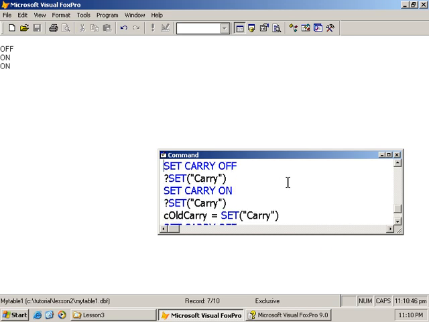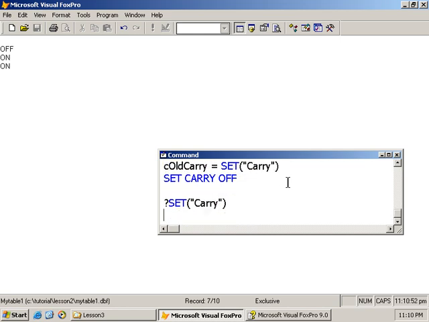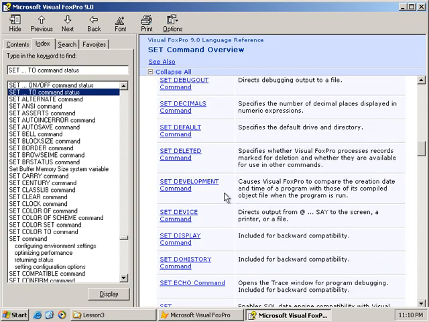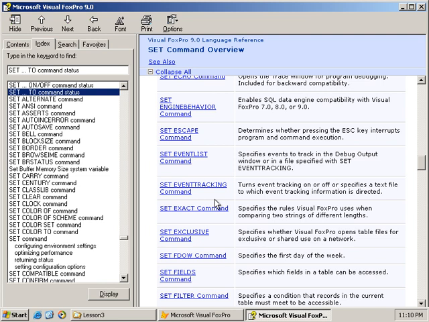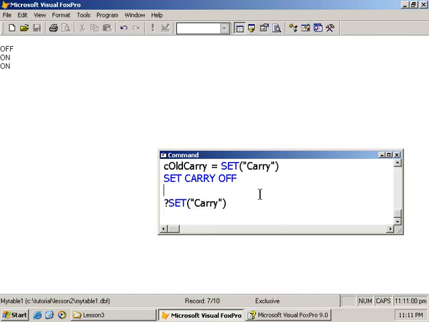Okay, and that in a nutshell is the carry command. The set command. I did not go through all of them. I've never used all of them. The help is a good place to learn more about it, but you will definitely see them in almost every